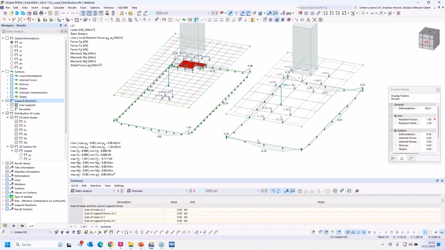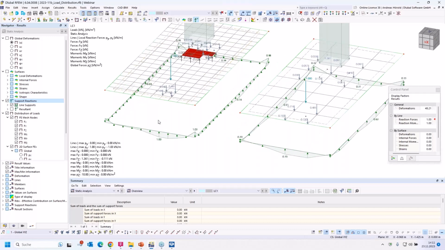Maybe you ask what is the best FE mesh size? We can't say that. We can only say the FE mesh should be as large as possible, but as fine as necessary. There isn't any value that we can suggest.